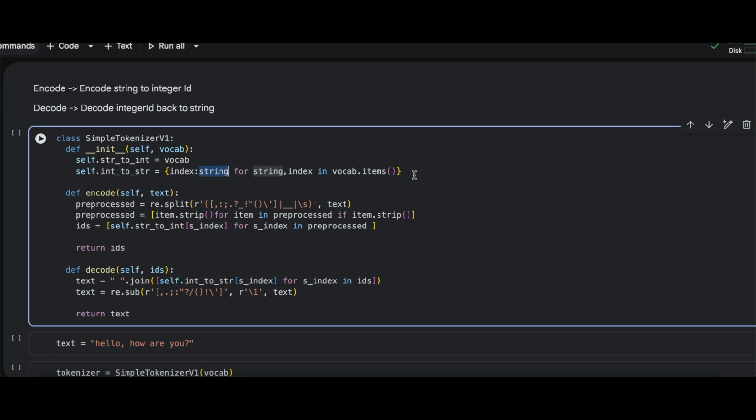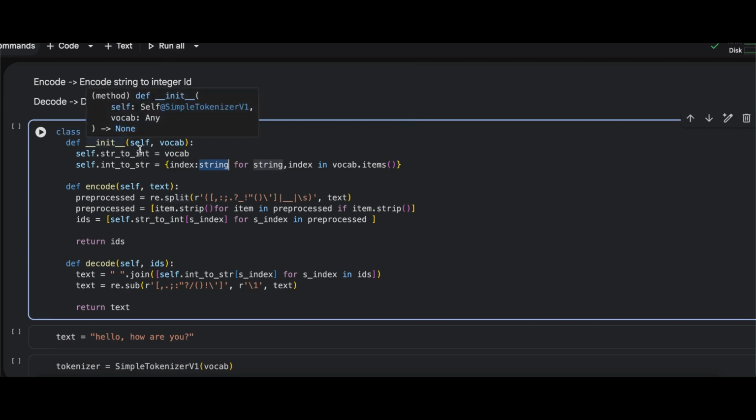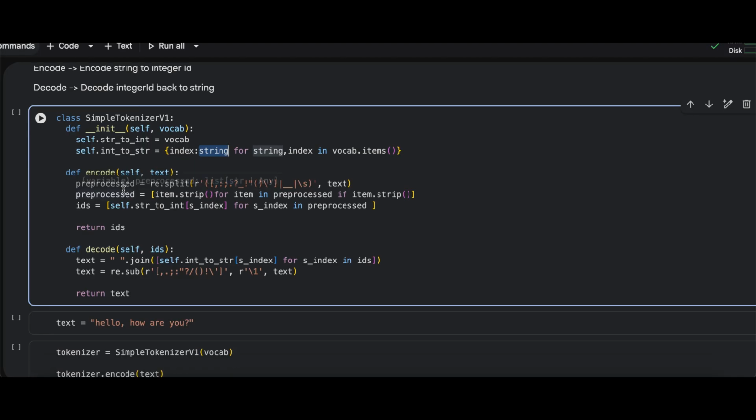Now I've created another dictionary out of it just for initialization. Now once we have that, there is the encoding function where we need to encode the string values into integer ids. So as part of it, we are passing through the text value,